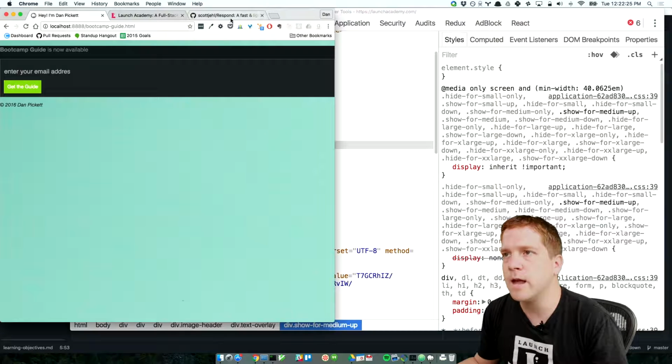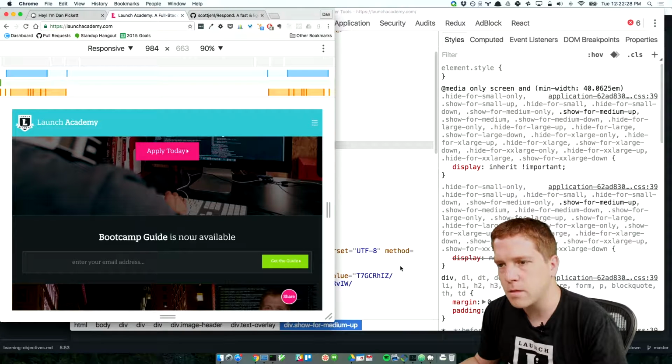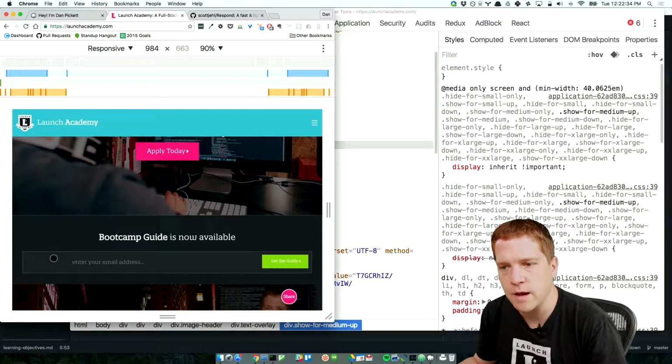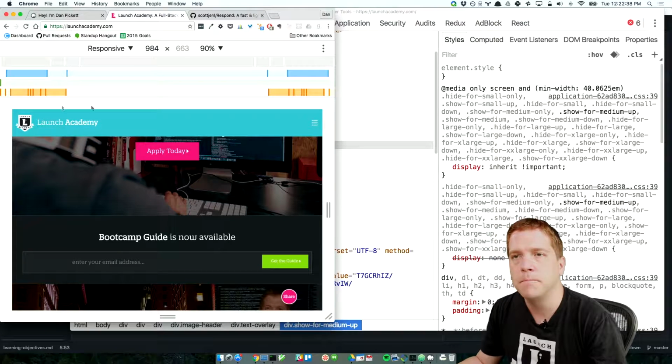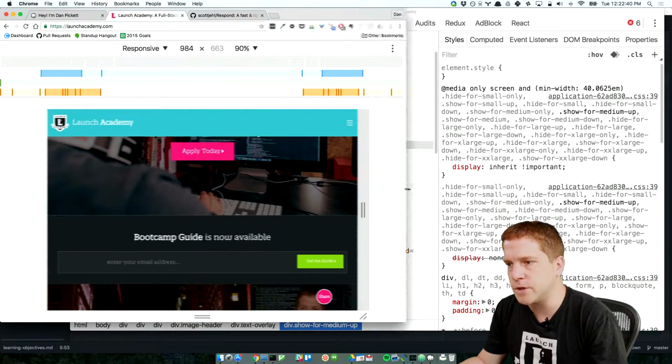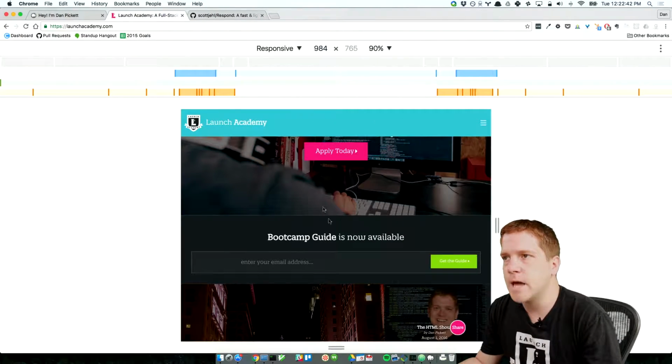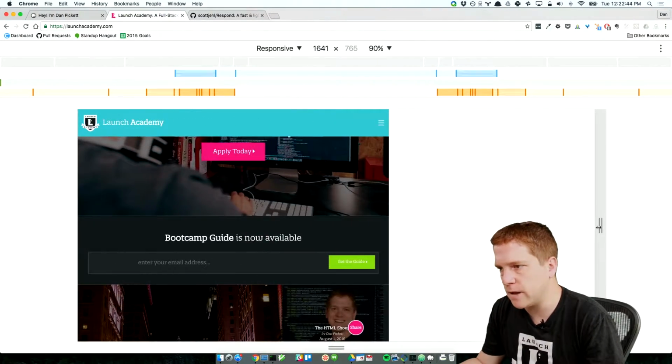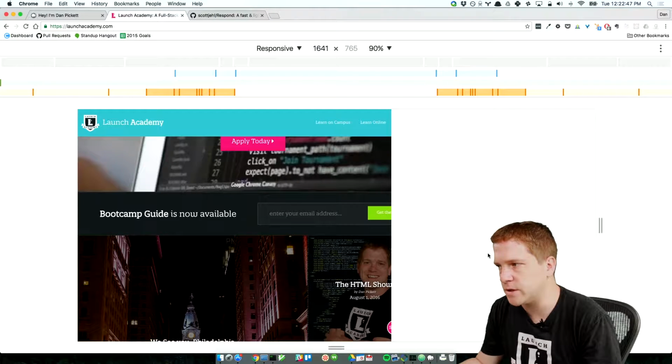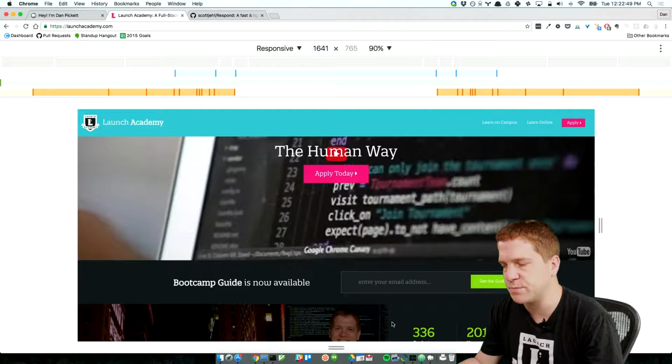So if we wanted to get the default behavior that we're seeing here of having the H3 bootcamp guide is now available showing up on top, and then the input and the button showing underneath it, we could go ahead and do so. Let's actually change our responsive layout to get more towards the larger resolution display. And we're going to use this style